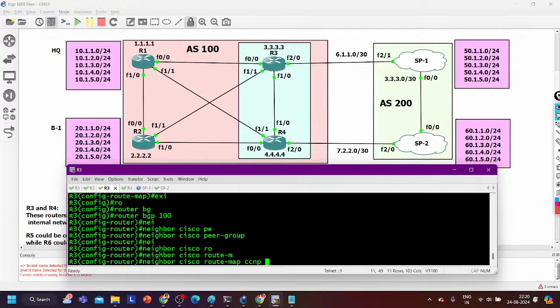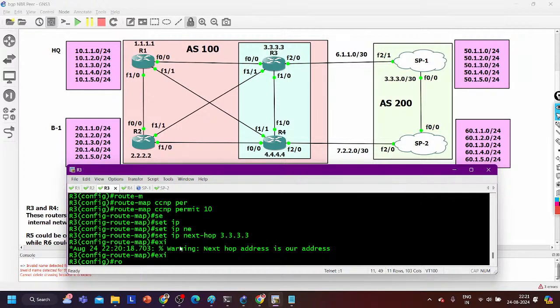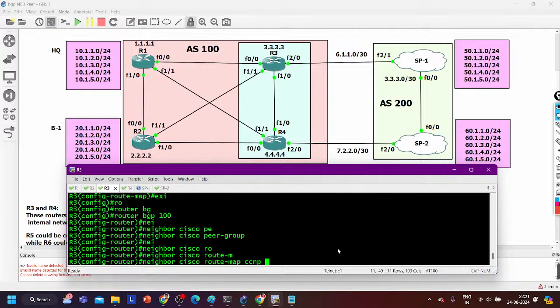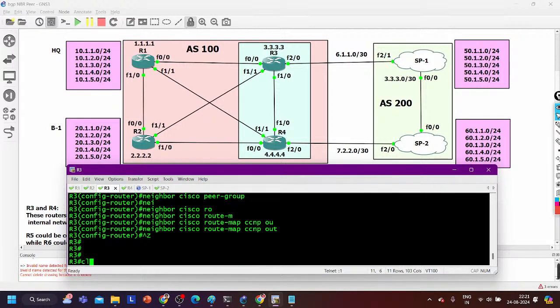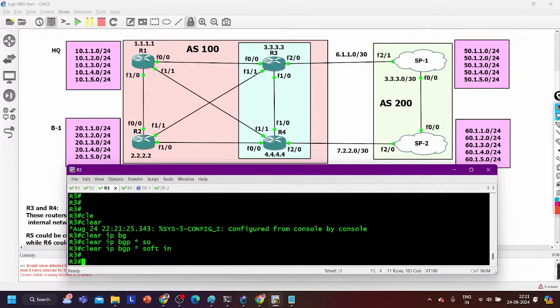CCNP, and the direction. For which neighbor are you going to apply it? I am applying it for Cisco, meaning for all the neighbors, right? So which direction will I apply it for? For the out direction, meaning whenever you advertise prefixes. Now clear ip bgp * soft in, and